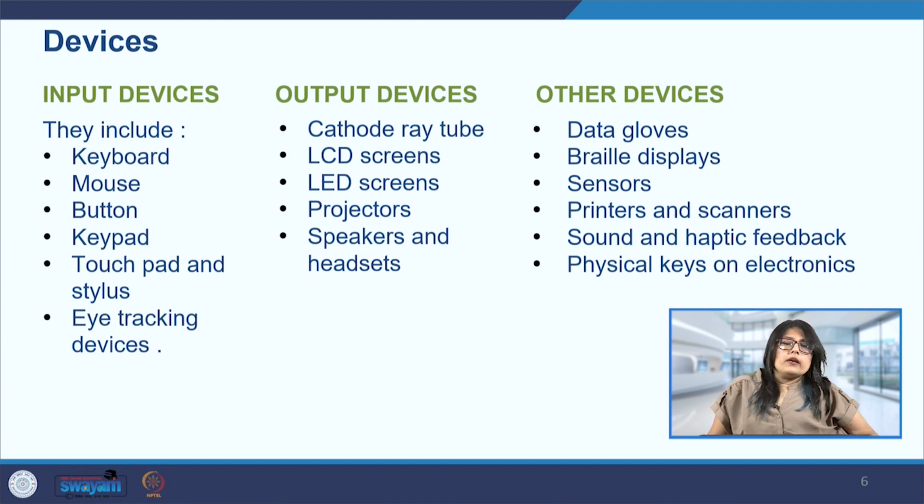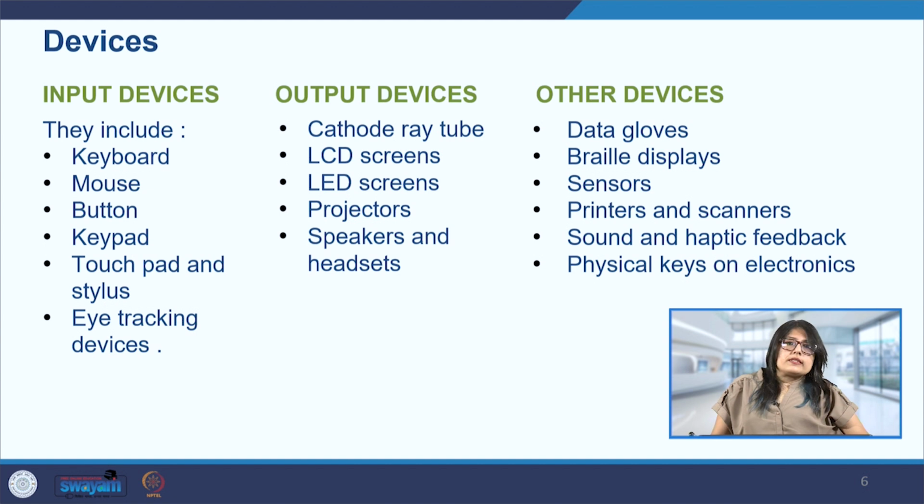The next is the braille display. These are mainly used for people with visual deficiency, wherein the vision may be impacted in some way. They help people with these impairments to read text on a computer or other digital devices by converting the text into braille. So braille text is created and then it can be read by the user.